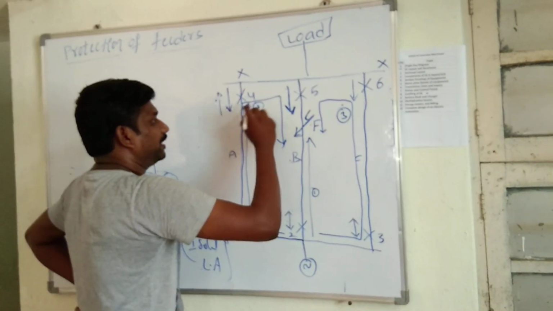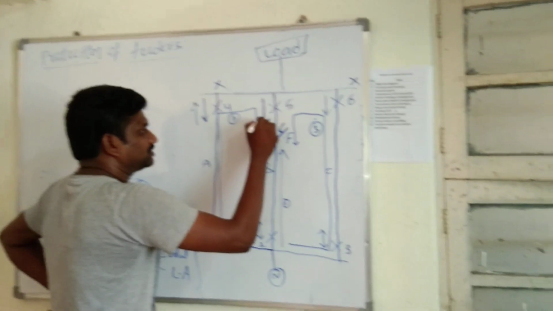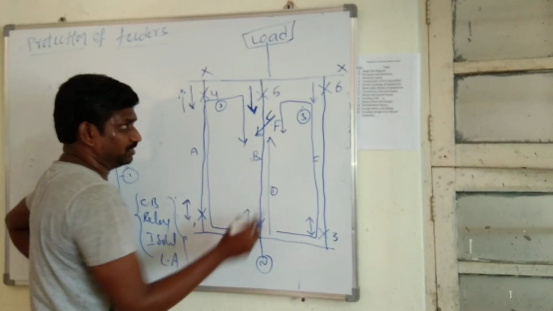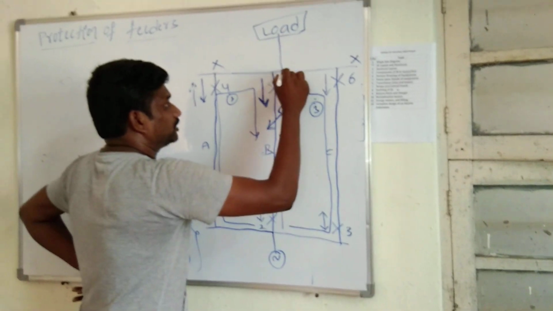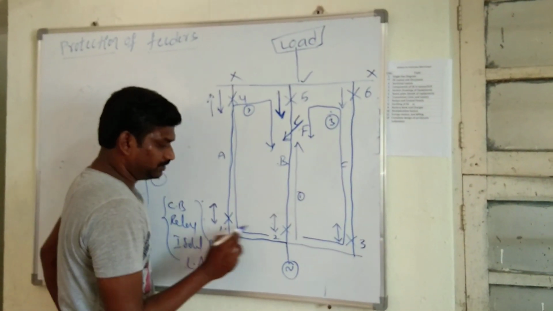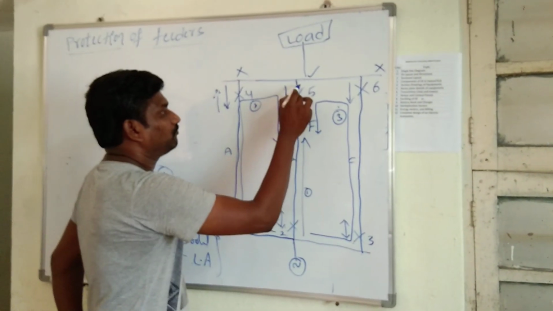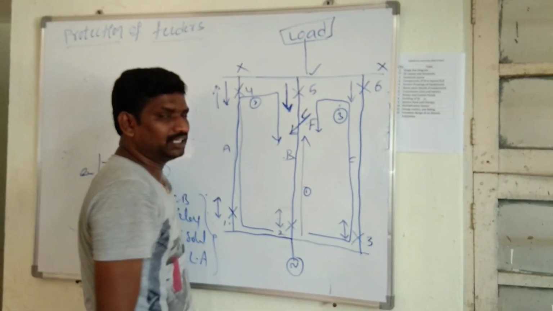And what is relay 5? Then the fault current direction will be in this direction. That is the same as that of the fault current direction. Here also the direction of current will be the same as that of the fault current direction. So the relay 5 will be operated. Which relays are operated? Relays 1, 2, 3 and 5 will be operated. And relay 4 and 6 will not be operated.